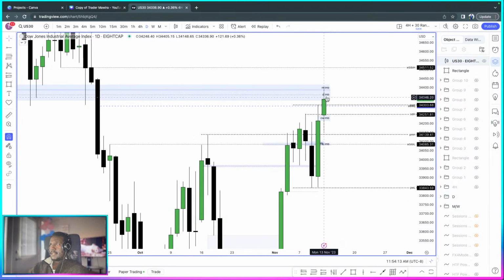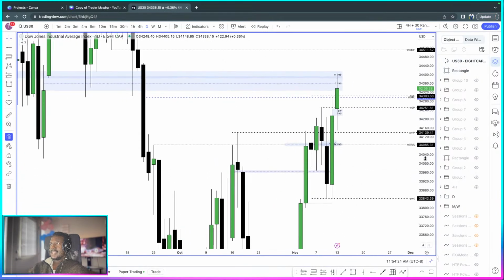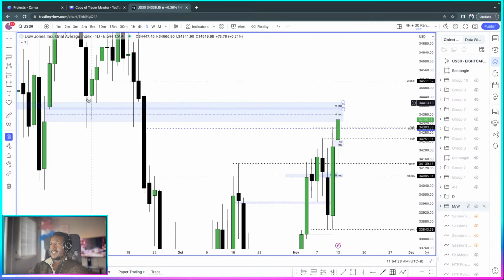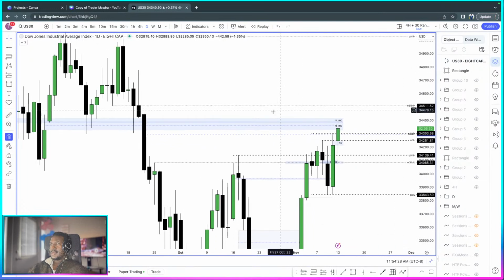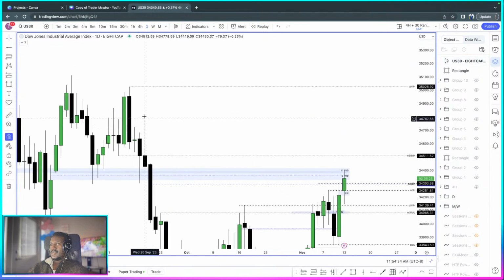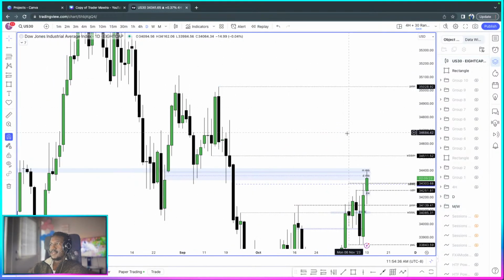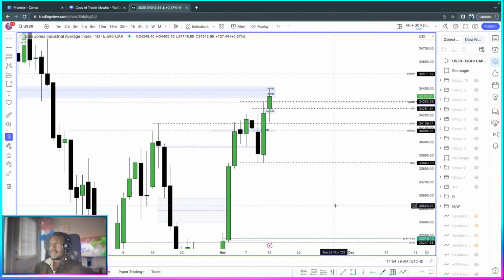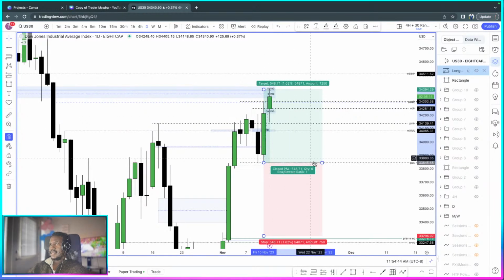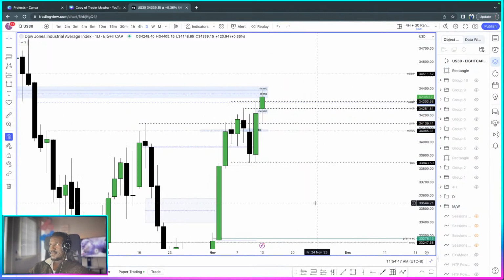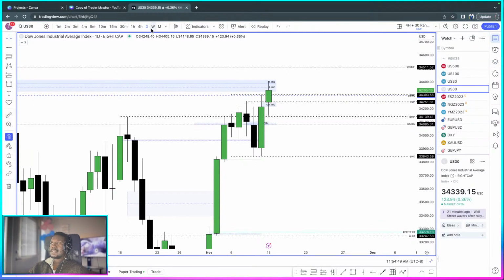Because I'm seeing that if we reject this daily candle, will they come all the way and close in here? Maybe for it to turn bearish. Because I like how far we've come in terms of this zone over here, which can offer some good resistance. Looking at the daily, there's no other inefficiency. And let's come for this high and all those. So I think we should get some sort of retracement, which makes sense because we've gone too much. This is the Friday candle and this is the Monday candle right there. So we can see a retracement back. And I think that's it because it's a few minutes to 12.